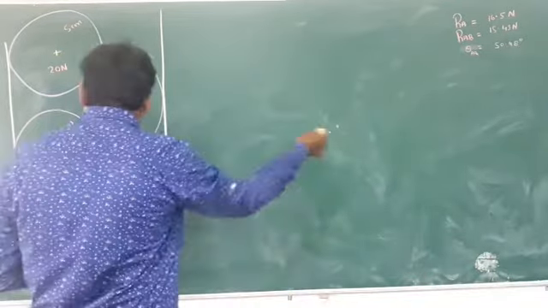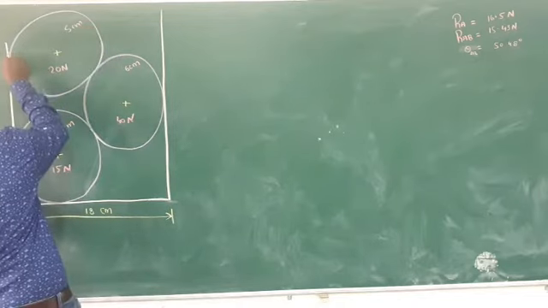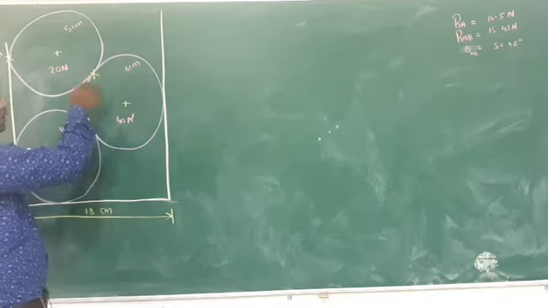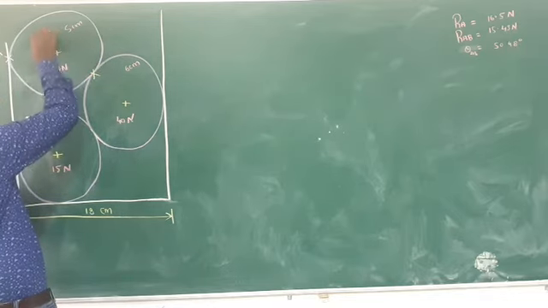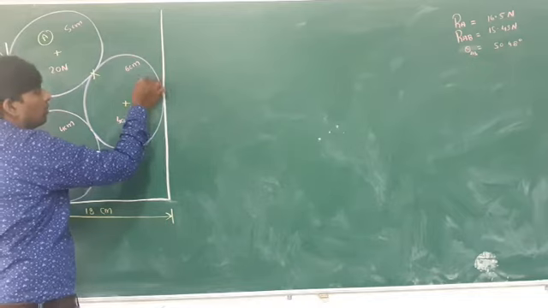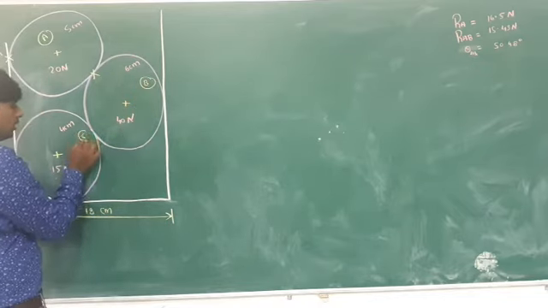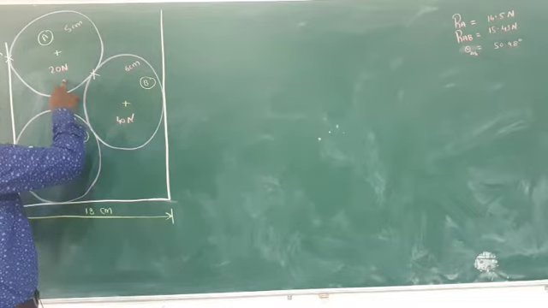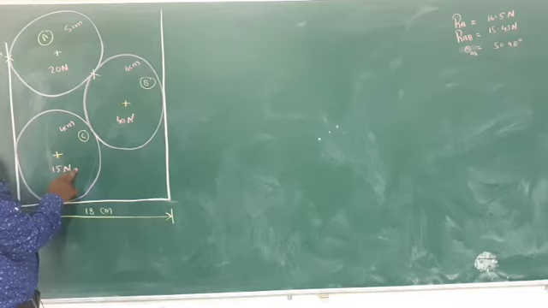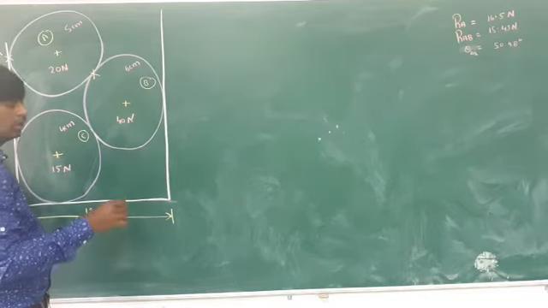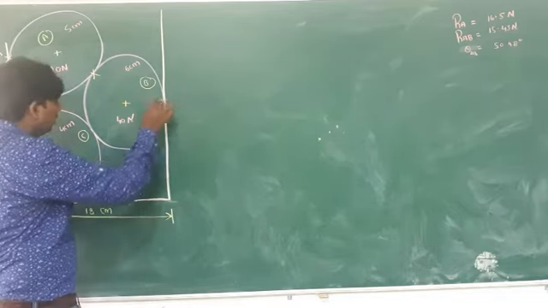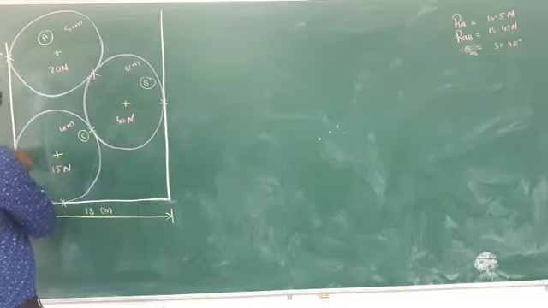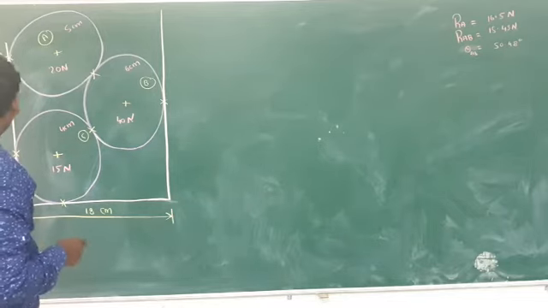As you can see here, this is your touching point 1, which you can consider as A, and this one is lying between A and B. This one you consider as sphere A, this one as sphere B, and this one as sphere C. After that, you have to select the touching points, here and here and here and here. Like this you have to select the touching points.